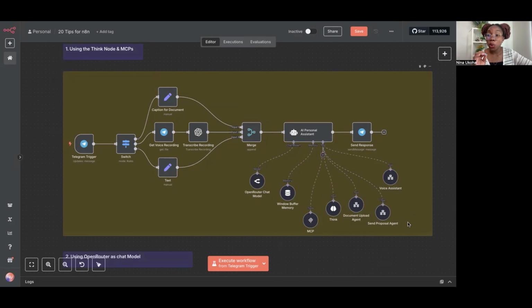MCPs in n8n are one of the most powerful tools that you can add to your AI agent because kind of how I see it is like an all-in-one. You can get access to many tools using just one MCP server. And there are many MCP servers out there, tens of thousands of them. So you can just select the MCP server you need for your use case and then use that in your